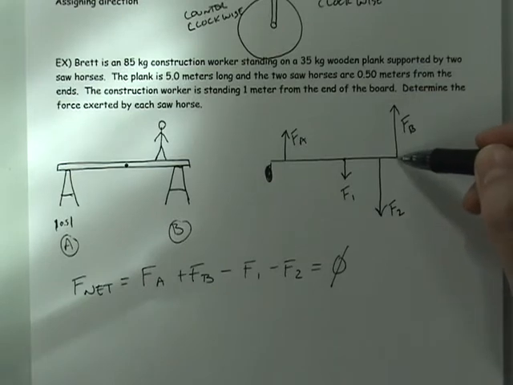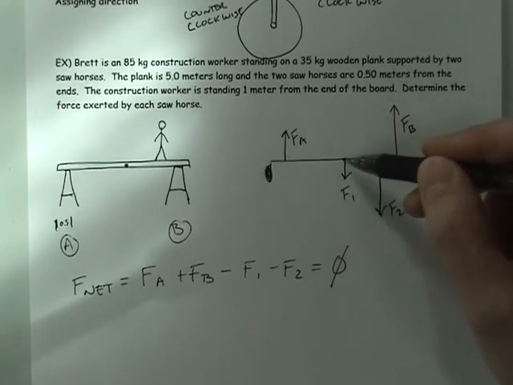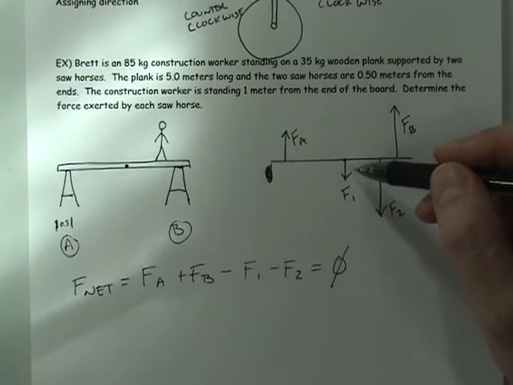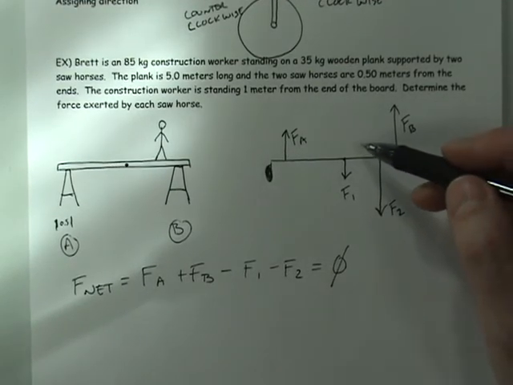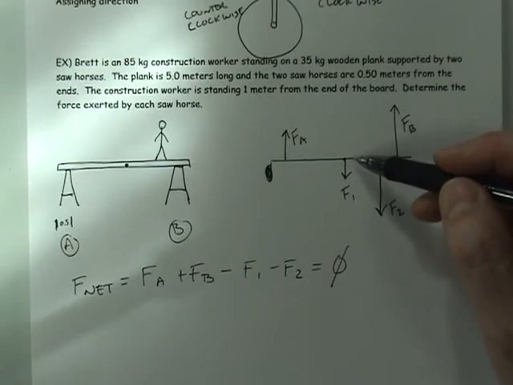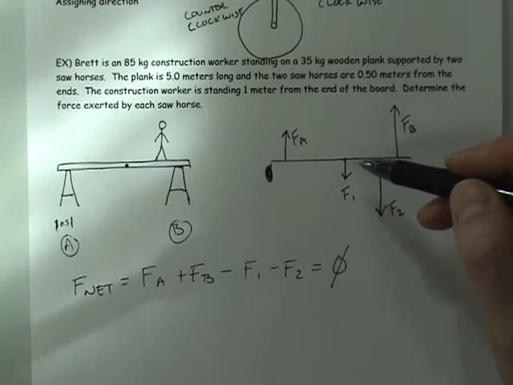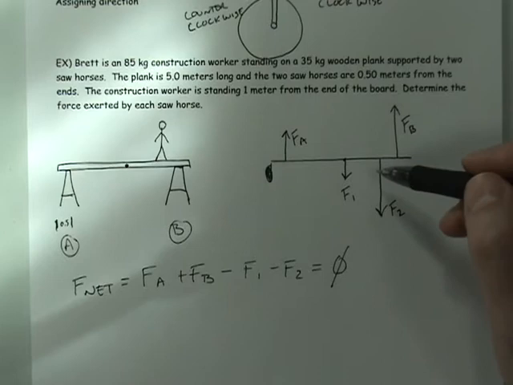But I could also pick anywhere along the board. In fact, this equation is so powerful, I could pick any point. It doesn't even have to be on the board. I could pick a point like Midway Airport, or Dallas, or the planet Saturn, or I could pick anywhere. This object is not rotating. Therefore, any point of rotation that I choose, there will be no torque around it. Okay, so there's literally an infinite number of torque equations that will satisfy what this is saying. However,